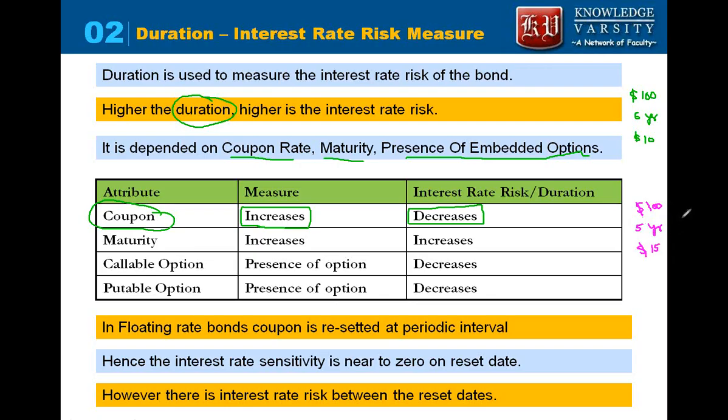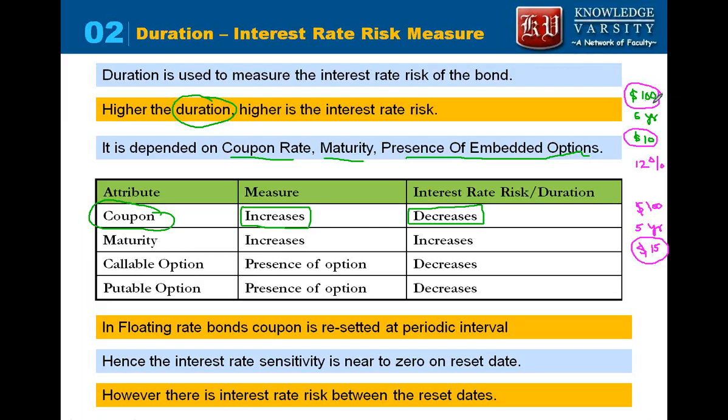Now since the market rate is the same for both of these bonds, let's say the market interest rate is 12%, so this bond will be trading at a discount, and this bond will be trading at a premium. In this case you are getting more of your money earlier, because the coupon is giving more. In this one the coupon is giving less, and as a percentage you are getting more money at the end of the 5th year, so most of your money is exposed at the end.